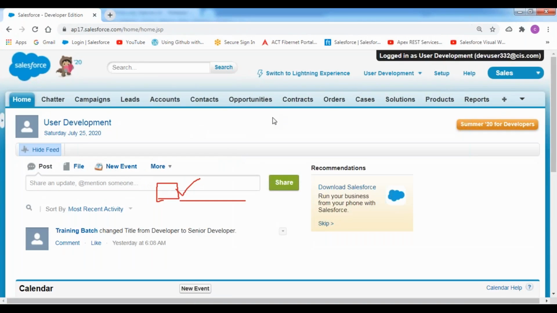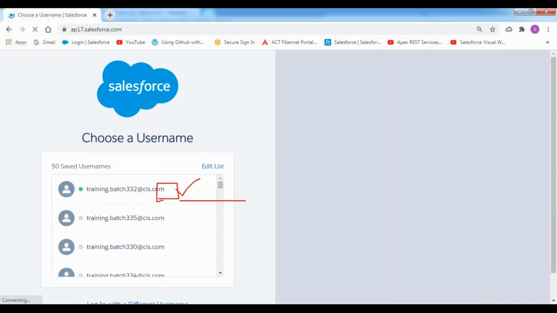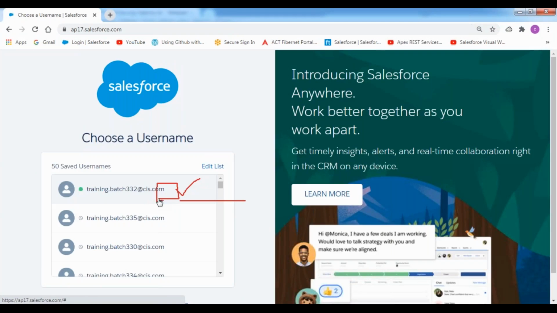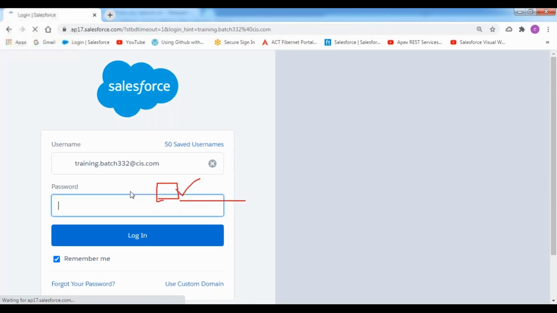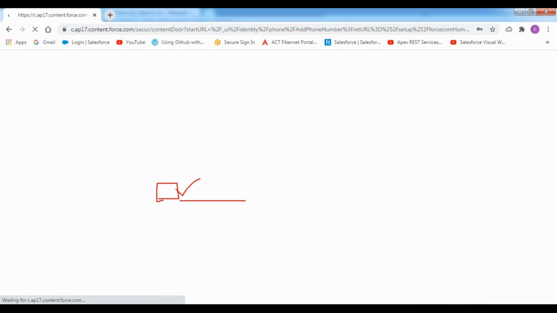After performing the operation, once we resolve the problem, I will be coming out from the development user account. When I click on log out from the development user account, the whole session has been logged out. I need to log in into my account separately over here, so I'm entering my credentials again.